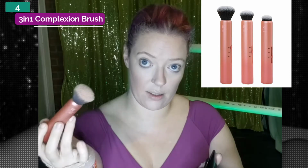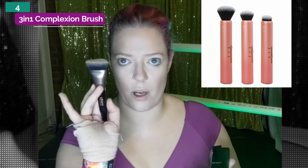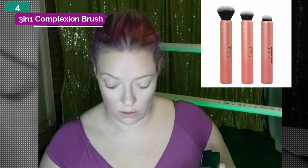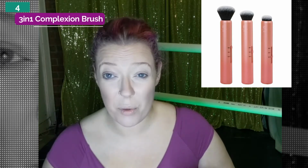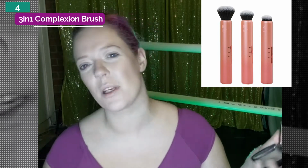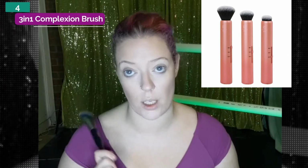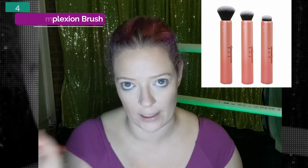So I've used it for every stage of my face so far. I did use this for my powder bronzer just to get that slightly more chiseled look, but do you know what? I find I can get the same effect with this Real Techniques brush. I use other brushes on my face because I have other brushes, and I feel like I've been neglecting that brush and I've been neglecting that. So I use other brushes so that they don't feel left out. I know brushes don't have feelings, but